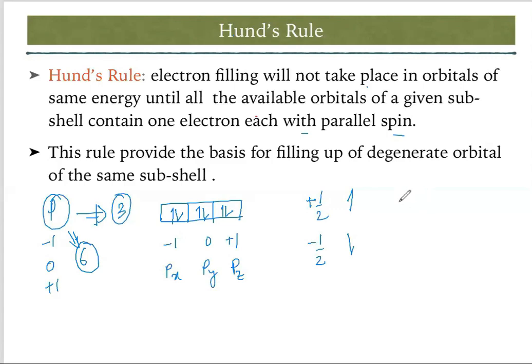There are many wrong possibilities, like if 3 boxes are there and we are filling the electrons, we can't fill like this. Okay, so this is completely wrong. Or another possibility is like one is up, another is down, another is up. This is also wrong. So you have to fill in this sequence, and that is what Hund's rule says. This rule provides the basis of filling of electrons in degenerate orbitals, as I was saying, orbitals having the same energy in a subshell.